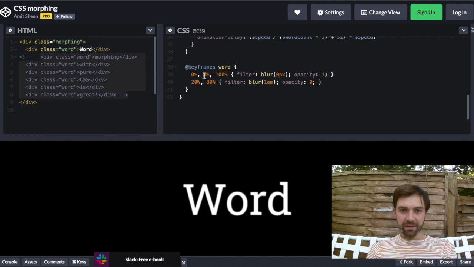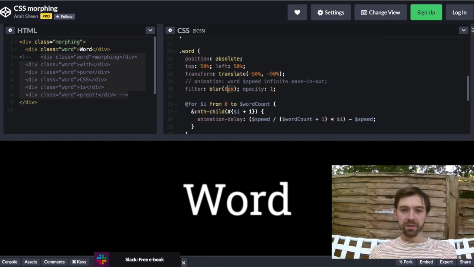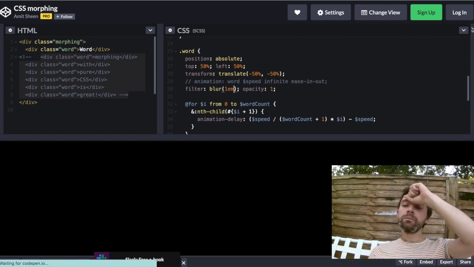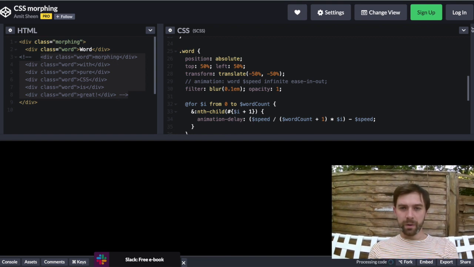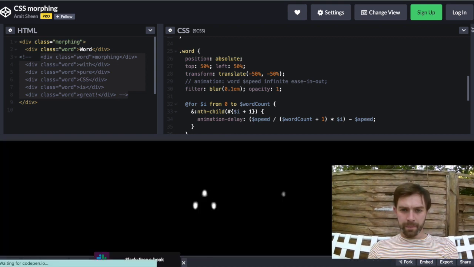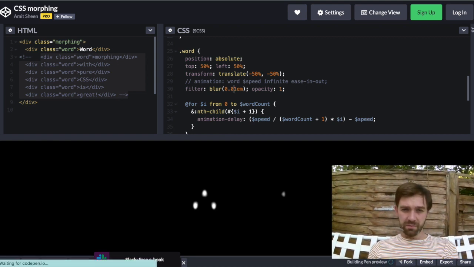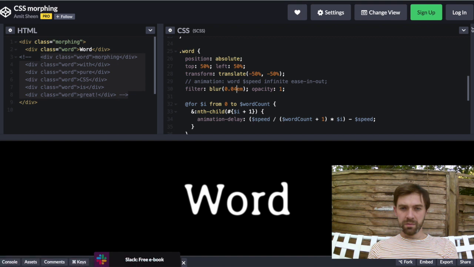But then at 5%, still doing nothing. At 20%, becomes a blur of 1m and an opacity of 0. So if we change this to 1m, it just completely vanishes. It's too strong of a value. 0.1, you can vaguely see something. 0.01, there's something, okay. 0.04, bit blurrier. 0.07,